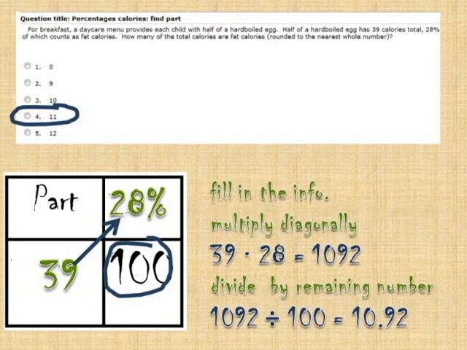So let's go back to the problem again to make sure that this makes sense. The kids are eating half of a hard-boiled egg, which has a total of 39 calories. And 28% of those are fat calories. So 11 out of 39 is fat, and that 11 out of 39 is equal to 28%. That makes